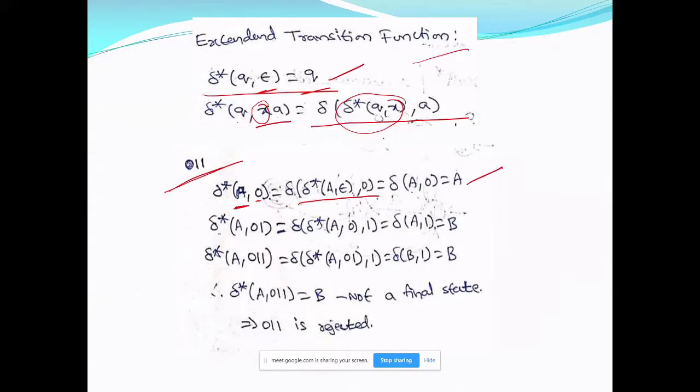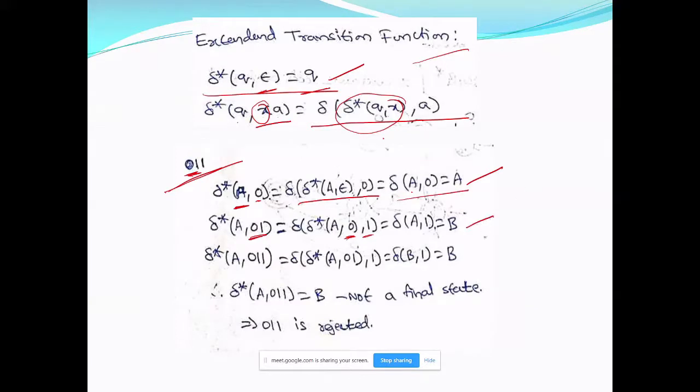Now if I go for delta star of A comma 0 1, I am taking the next input symbol. If you write 0 1 as XA, X will be 0 and A will be 1, and the delta of X is calculated in the previous step. So A comma 1: A on 1 will go to B according to our DFA.